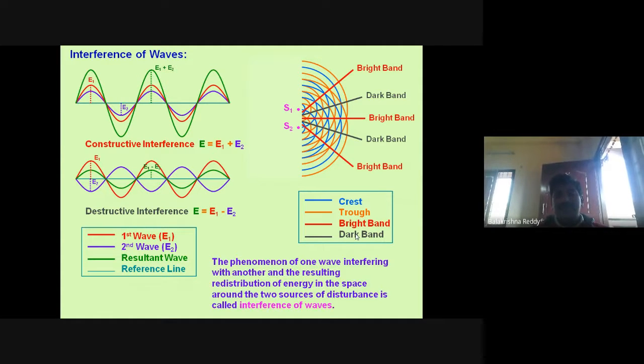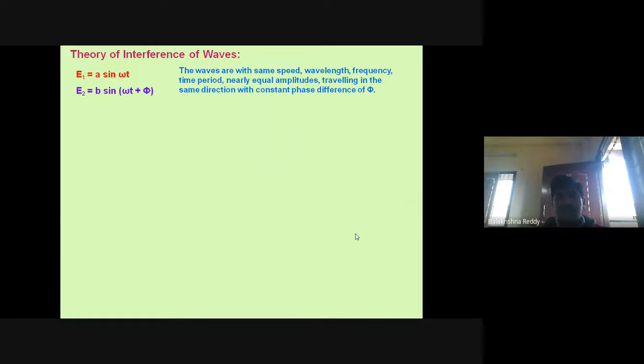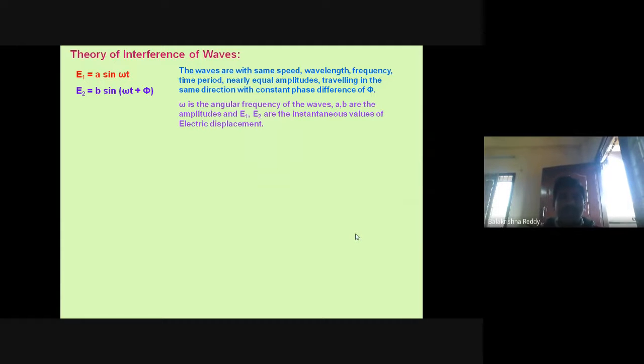As I said, the phenomenon of one wave interfering with another wave and resulting in redistribution of energy in space around the two sources of disturbance is called interference of waves. Now you can see here the equations. E1 equal to A sin omega t is the first wave, if I take a sinusoidal wave, and E2 equal to B sin(omega t plus phi). Whenever these two waves are superimposed, they get added together. According to vector addition, if I add them,